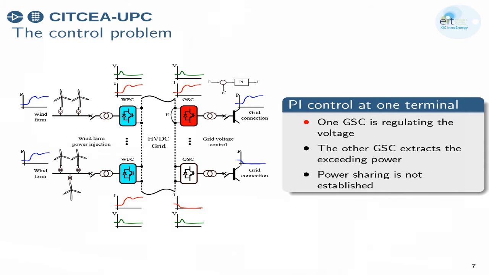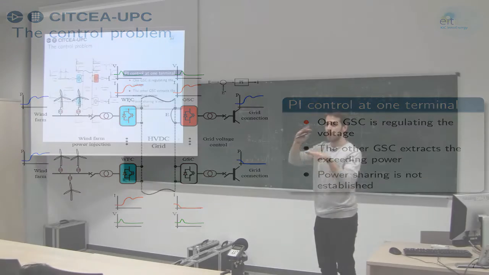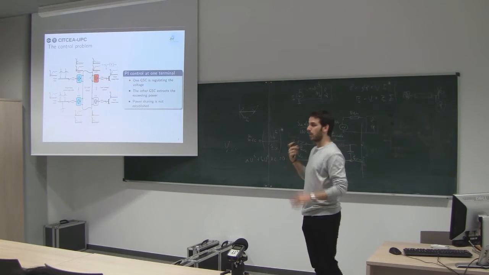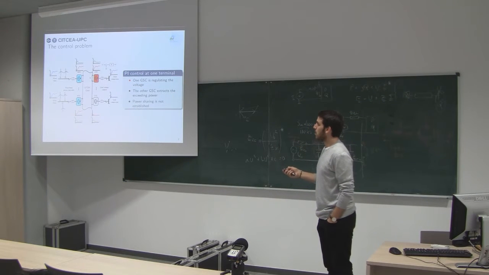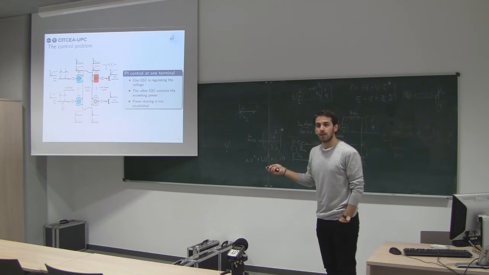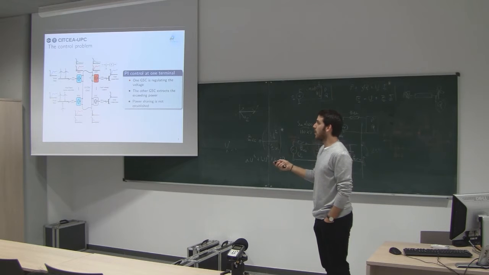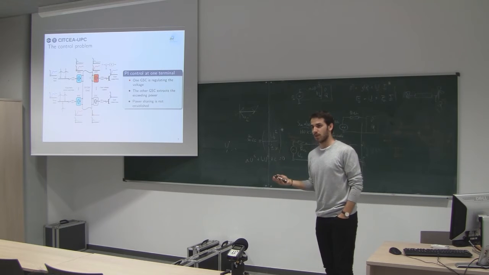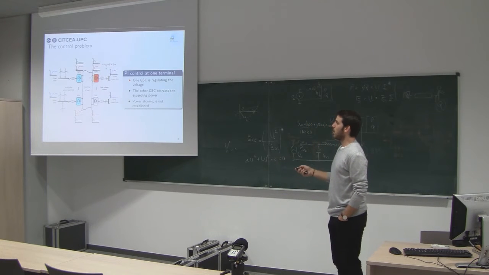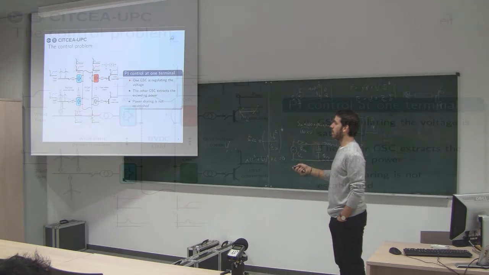It will go up and down because it takes some time to balance the voltage, right? To extract that power to the grid. But at some point, it will extract the power. What happens with the other grid side converter? If we don't implement another PI here, all the power that is coming from this side will be injected from that side. This should be the double of that one, but my drawings are not that good. Okay, so we will regulate all the power that is coming from both those two wind farms, and it will be extracted